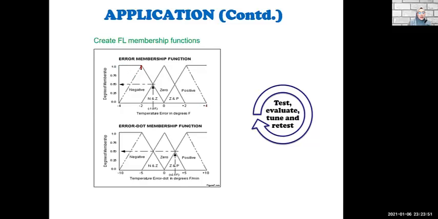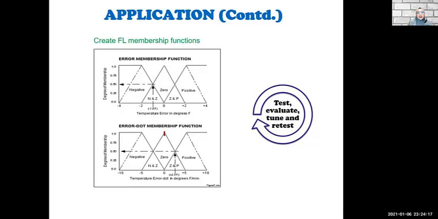So you draw this membership function graph. There are various types of membership function. This is an example of a membership function. Later on, in the next lecture, we will see how to design a membership function.